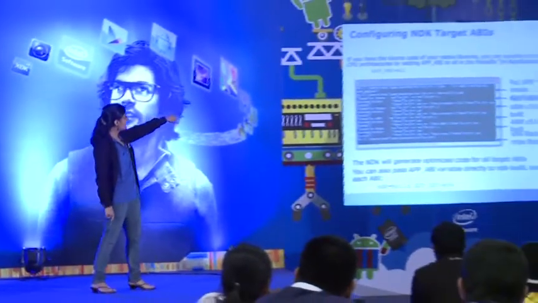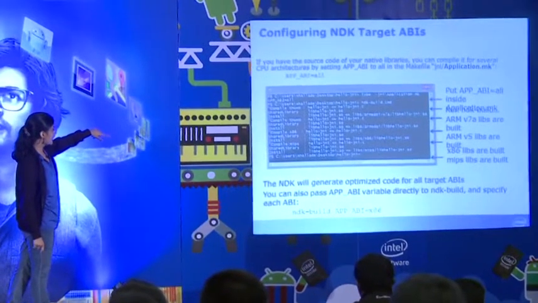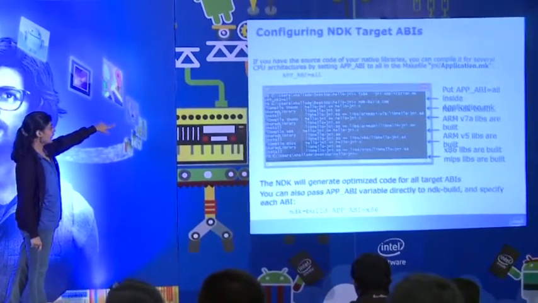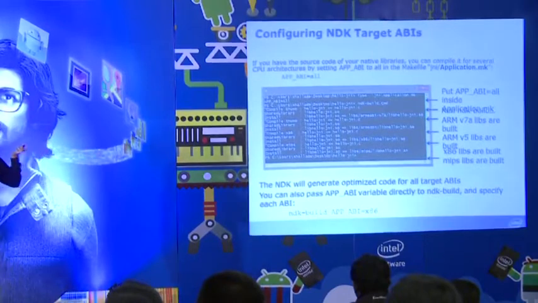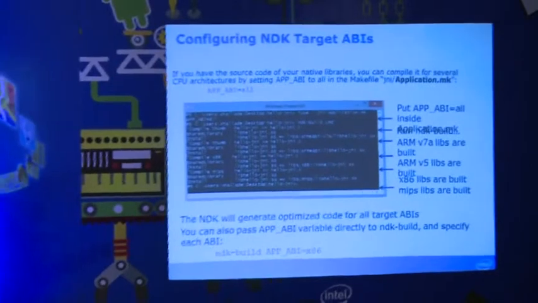This is not present by default, so you have to create this file and add the parameter APP_ABI equals all. When you put all, it compiles for all platforms, or you could specifically say x86 or ARM. You can see on the screen, I'm sorry it's kind of smudged there, that it's building for x86 and ARM. You could either build your application from Eclipse by choosing build project, which I'll also show you how to do, or you could use your console.